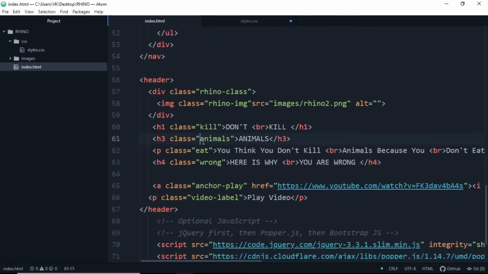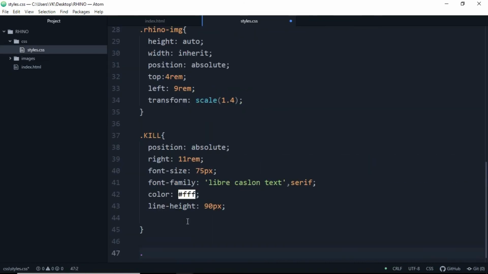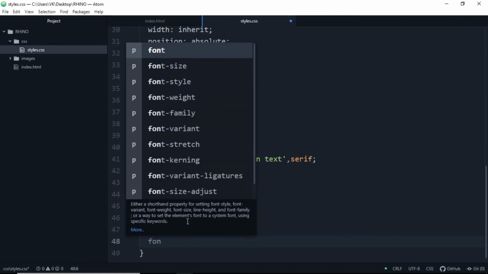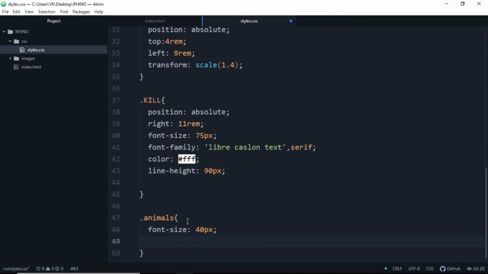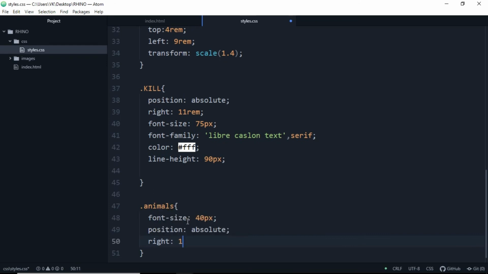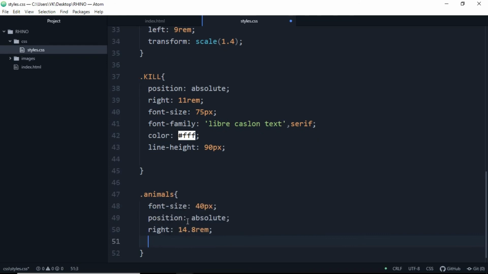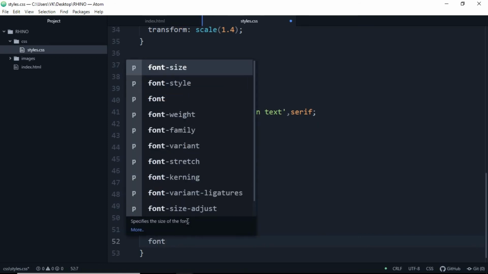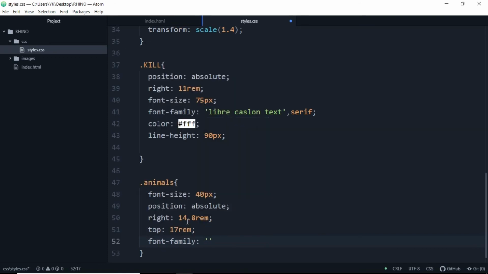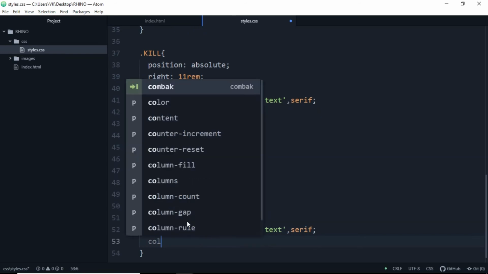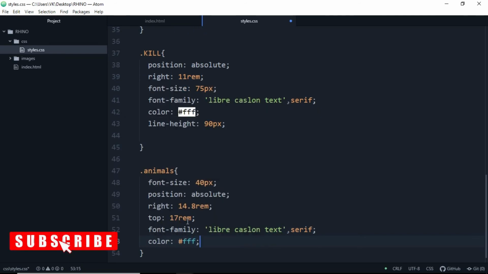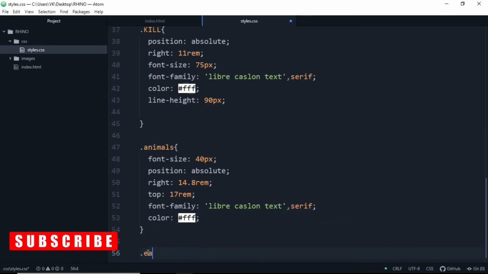Okay, so now let's access animals, which is text animals, font size will be 40 pixels, position will be absolute, from right it will be 14.8 rem, from top it will be 17 rem, font family will be Libre Caslon Text, and the default one will be serif. Color will be #FFF, which is white color, and